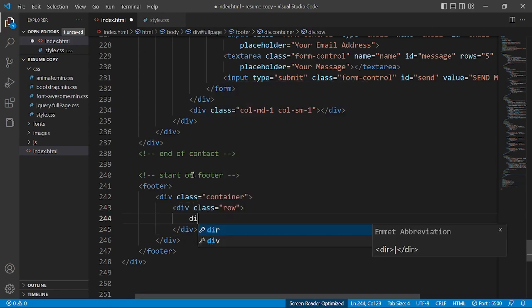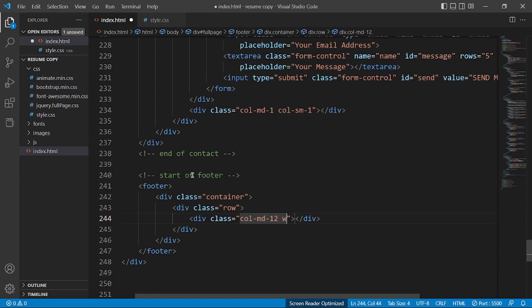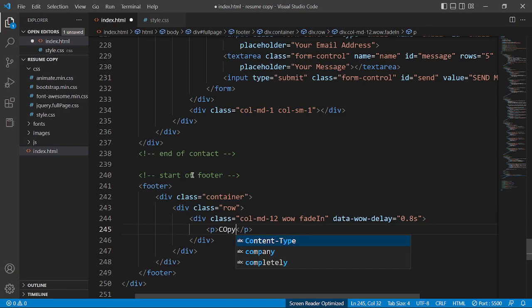Then inside again we'll create another div for the columns. Okay, that would be medium to 12, and then we'll write a wow fade in, and then give a data delay, so that would be 0.8 seconds. Okay, and inside write a copyright,